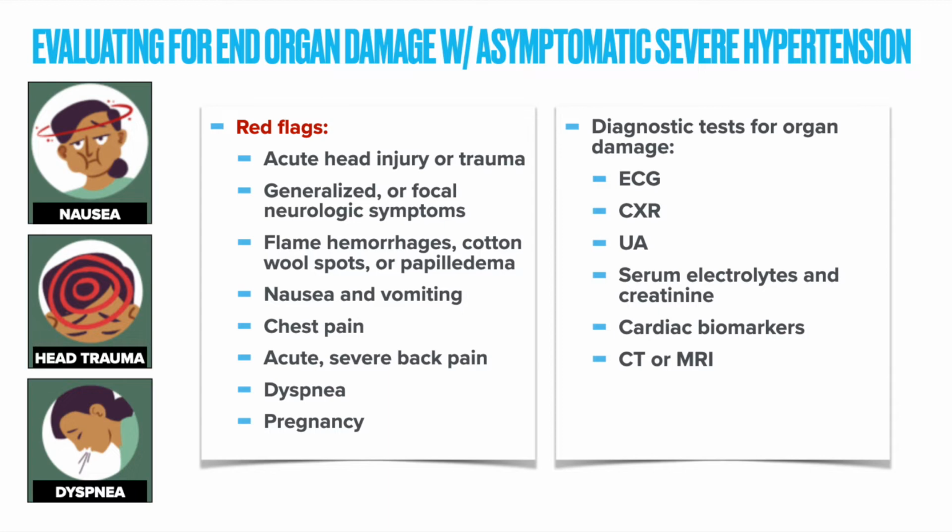First, doing our history and physical of the patient with hypertension, we should assess for the following red flags. And this also applies to patients with a blood pressure less than 180 or diastolic of 120 as well. So things like an acute head injury or trauma, generalized or focal neurologic symptoms or deficits, flame hemorrhages, cotton wool spots, or papilledema on fundoscopy, nausea and vomiting, as this can be signs of increased cranial pressure,